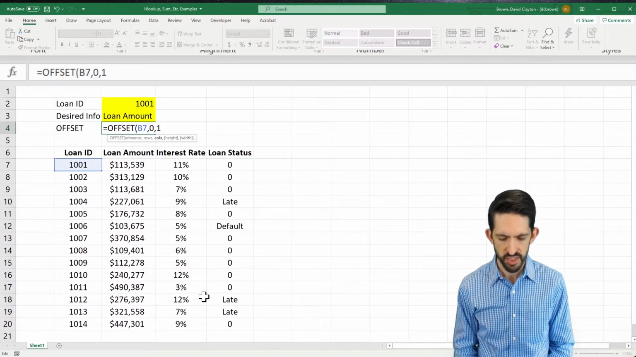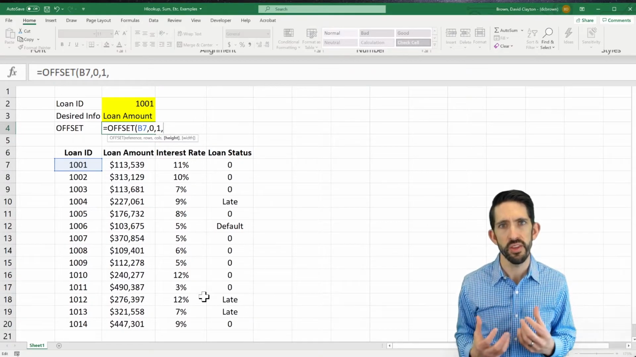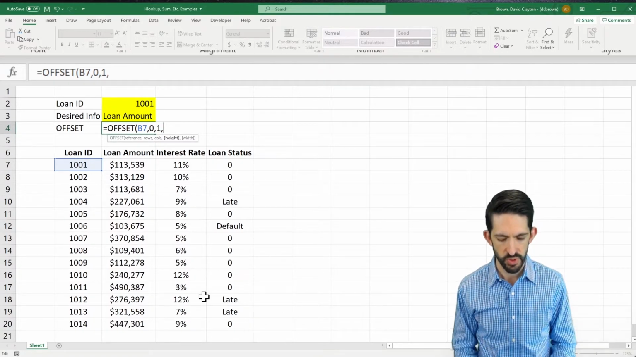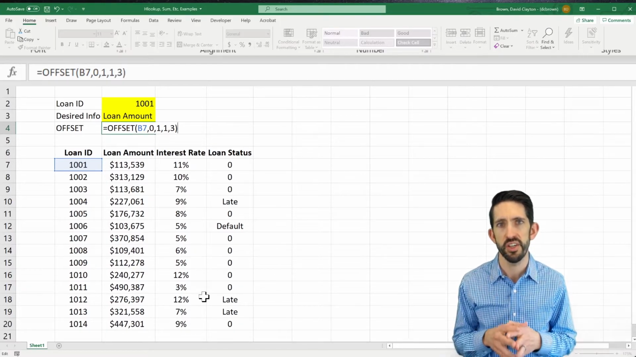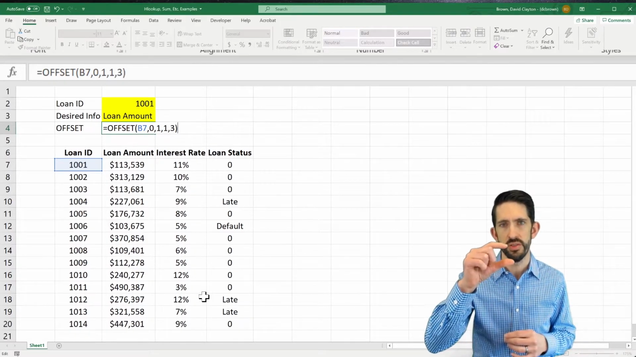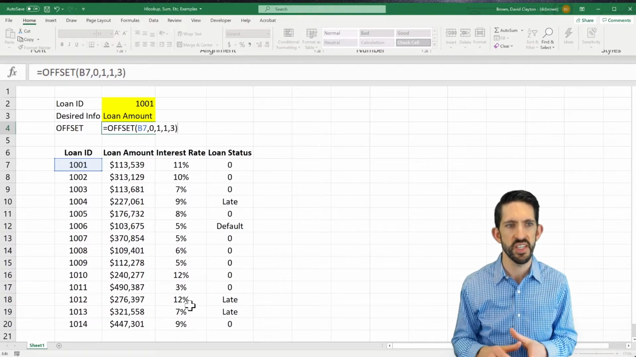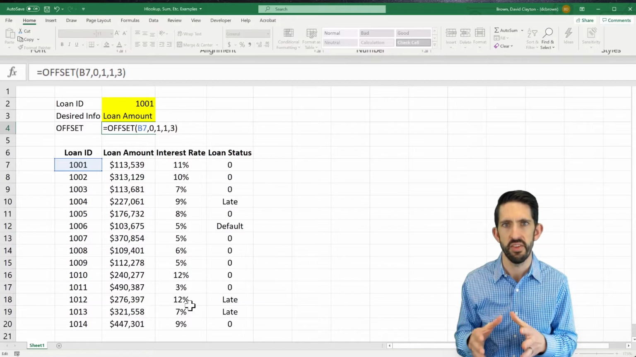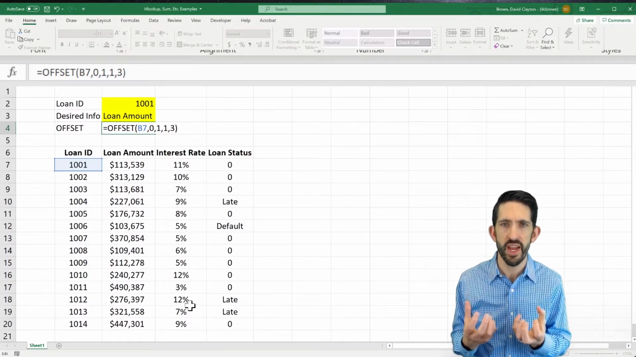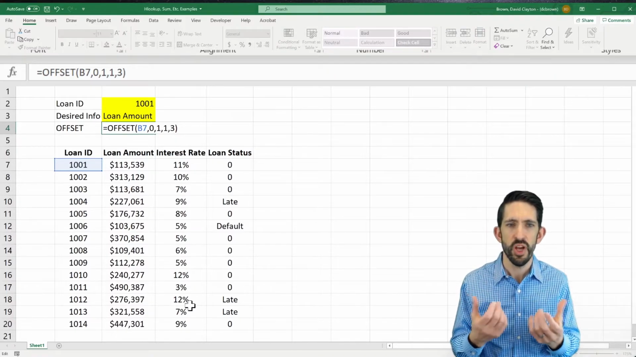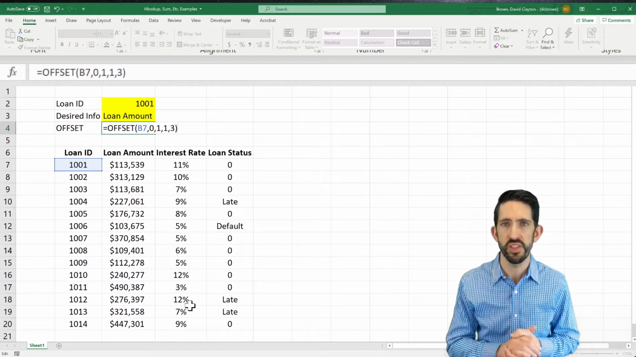So the last 2 arguments are the height and the width of an array that you can return. If we do 1, 3, for example, it'll give us an array that is 1 row tall by 3 columns wide. So we will get all the data from C7 to E7. It's a nice feature that you can actually get an array of data back from Excel. The problem is Excel doesn't know how to put 3 different data items into one cell. So if we just simply hit enter here,